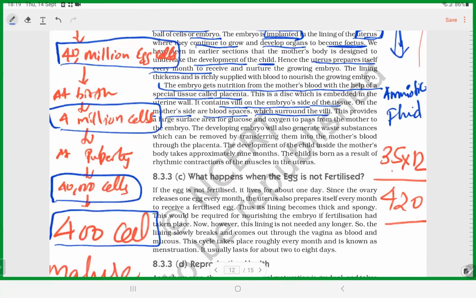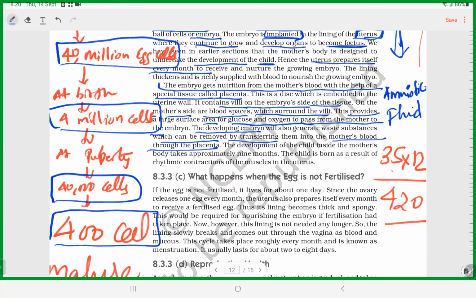For the developing embryo, amniotic fluid provides what? A large surface area for glucose and oxygen to pass through from mother to embryo. And of course the waste. This is actually the placenta's function. Okay,